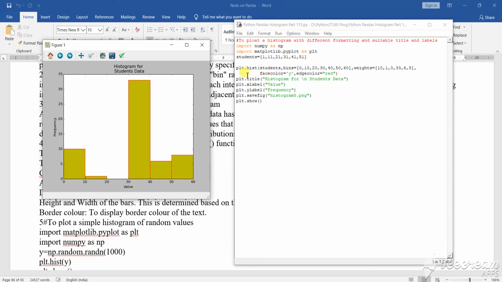So those are the things, as you see: title, X label, Y label are there, savefig, and plot show. Plot show you always require for any of the plotting that you are doing. There you require to represent that particular thing. You want to show it. As you need to show it, that particular showing is plot show, and you require that plot show for any pattern of arrangement of the graphs that you are doing or representing. So this is how you will construct your histogram. You can change the figure.